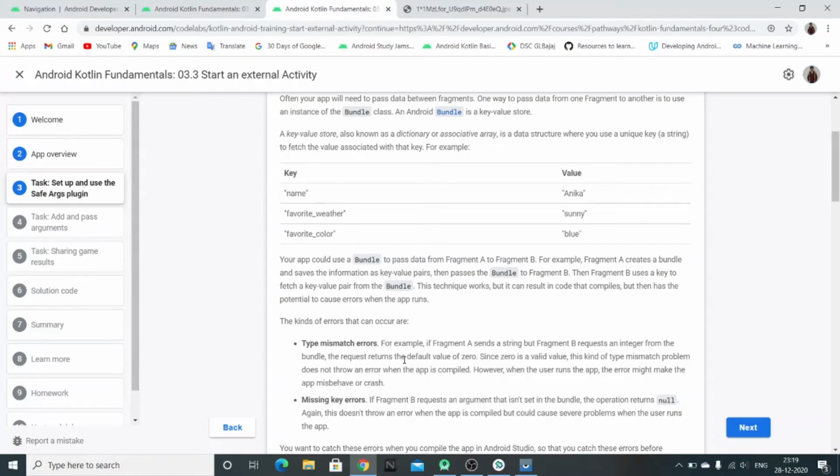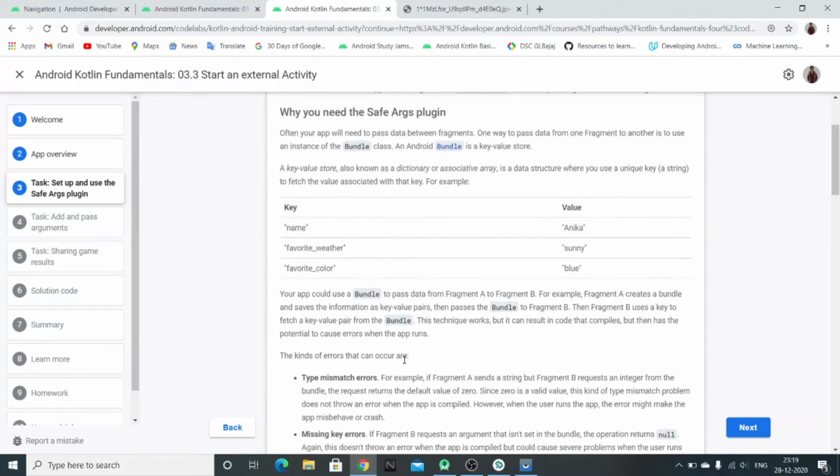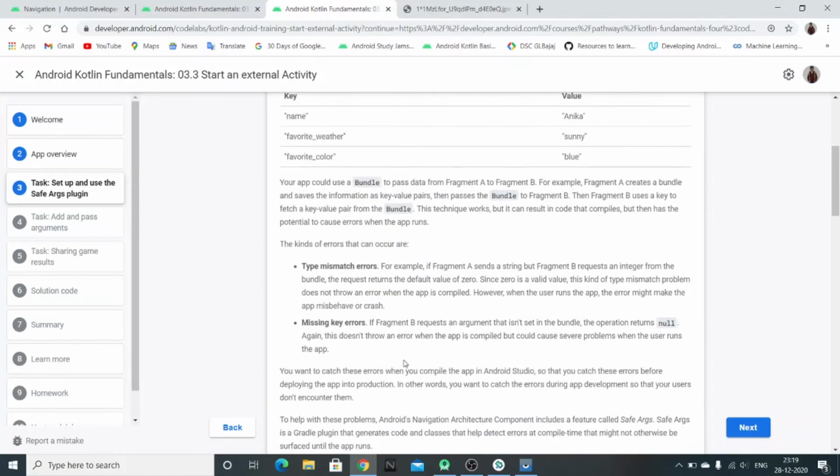But this won't throw any error at compile time, because by default the compiler will take the value as zero for that integer. There won't be any compilation error, but there would be a logical error, as the code won't be able to do what you want. To overcome this, we have the SafeArgs plugin.